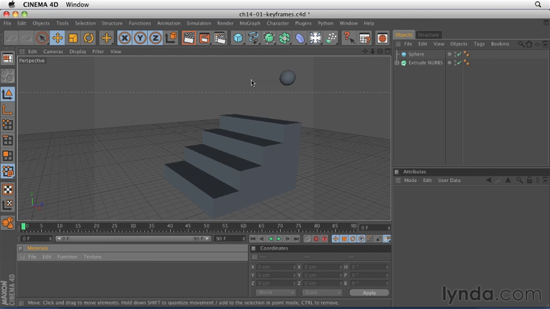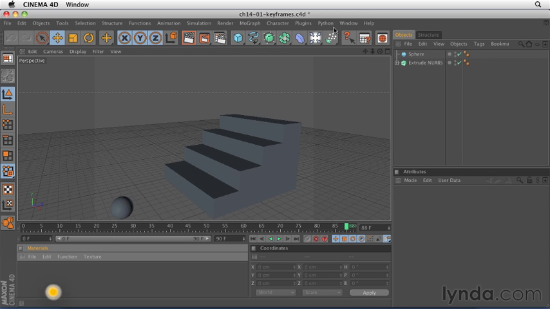What I have on screen here is this bouncing ball animation that I created in a previous chapter. I'm just going to hit play here and let it go through a couple of times. So it's just a basic ball animating down the stairs. It took me literally about 2 minutes to keyframe this animation, and it looks pretty good. I've got what I think is a physically correct animation of the ball going down the stairs. There's a little bit of some stylizing of the motion here, but it looks like a ball going down the